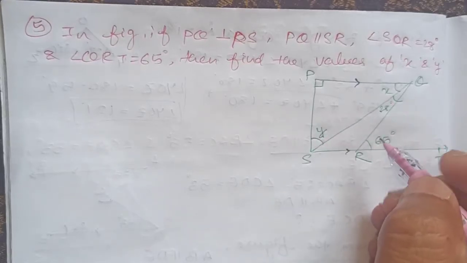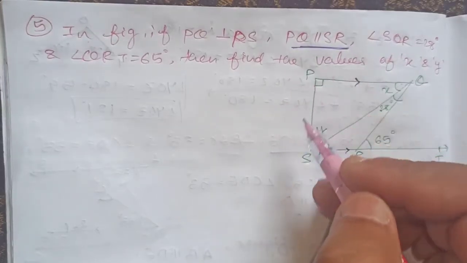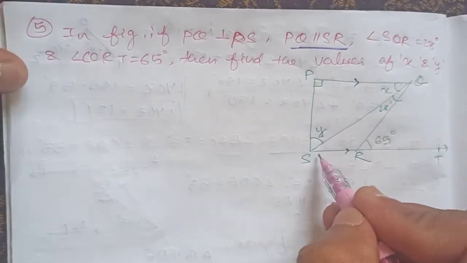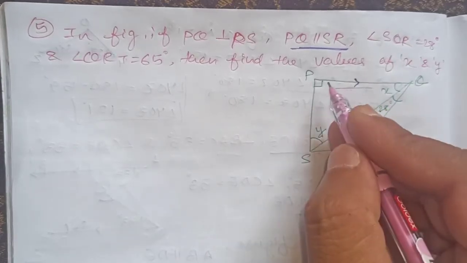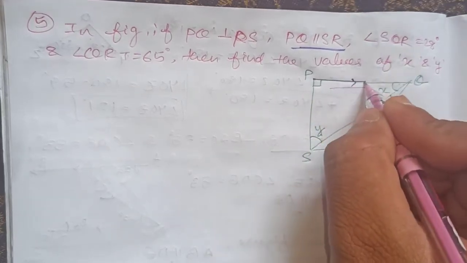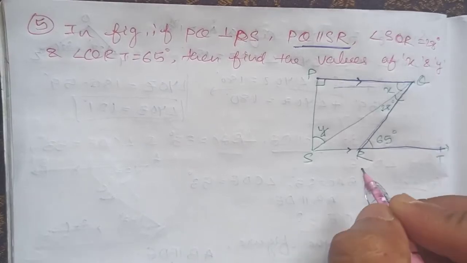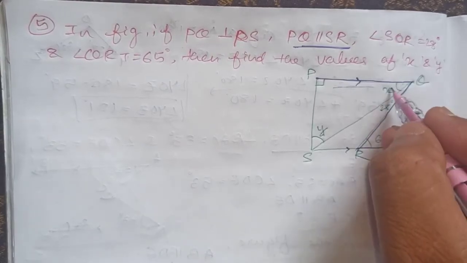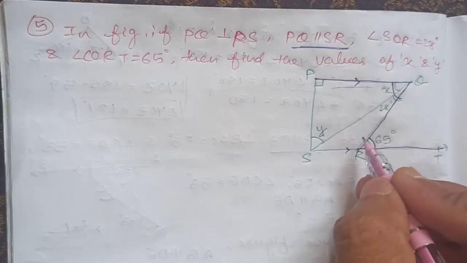Whenever there are parallel lines, definitely there will be a transversal condition. Are these two lines parallel? If these two lines are parallel, is it a Z shape? Look here, this line started from here going here up to this. This is a Z shape, isn't it? So this angle equals this angle.